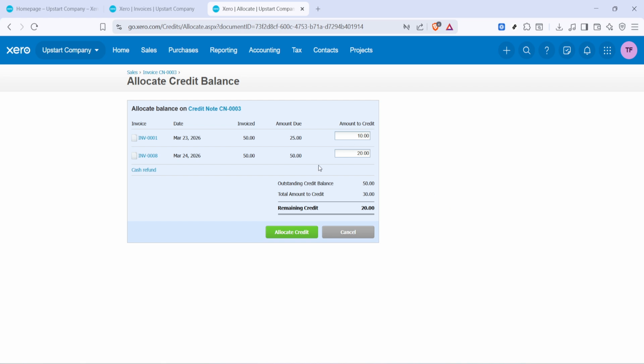Once you're confident the amount is correct, click Allocate Credit to finalize. Xero will immediately apply the credit to the invoice. It will reduce the outstanding balance and update the remaining balance on the credit note. You can confirm the change by looking at the invoice total due and by viewing the invoice history, which records